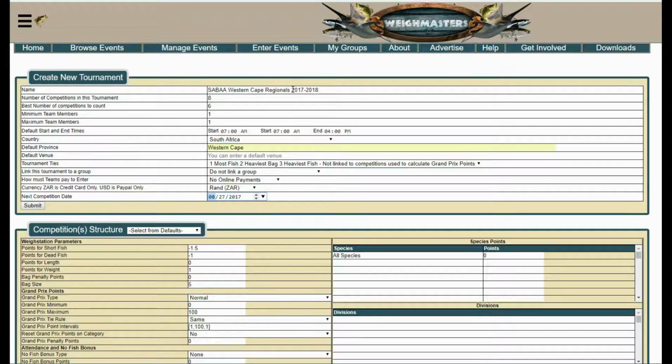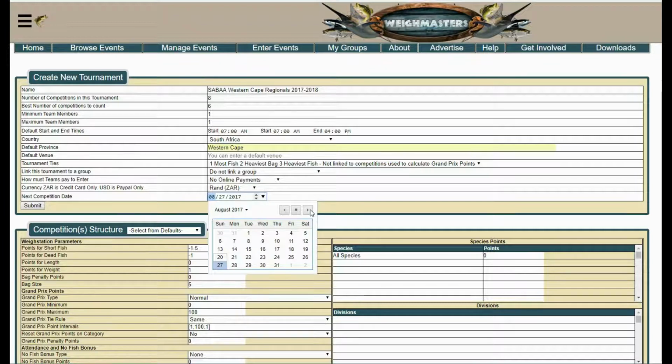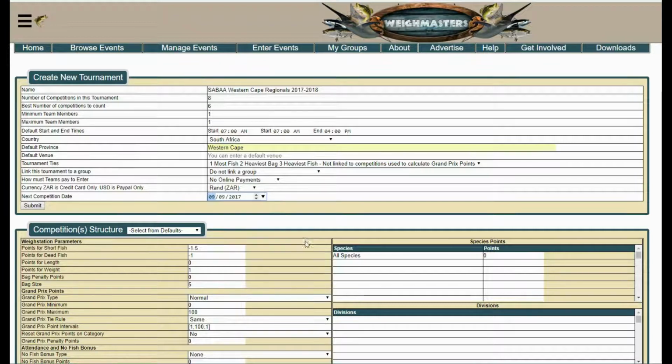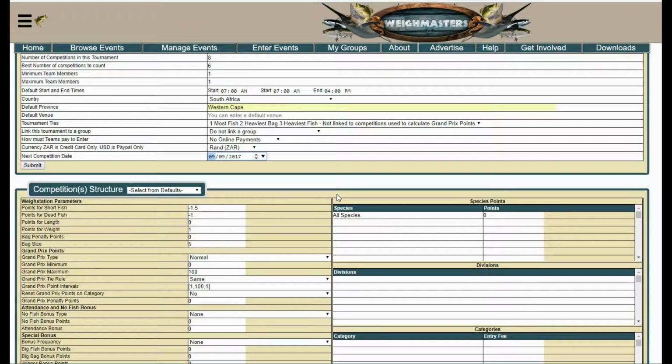next weekend or your next comp date, because this is what we use to show on the front page of Waymasters what are the upcoming tournaments or the upcoming competitions. I know our anglers are looking at this on a regular basis, so please make sure that you update this often. Right, our next competition is going to be on the 9th of September, our first for the season, so